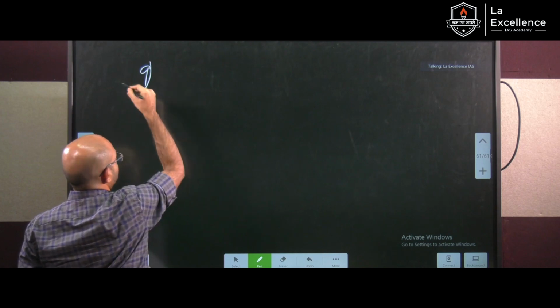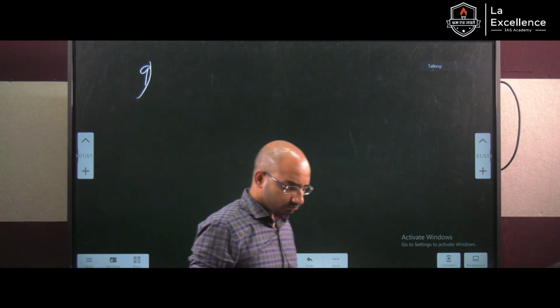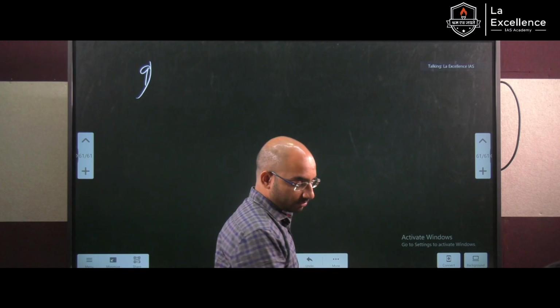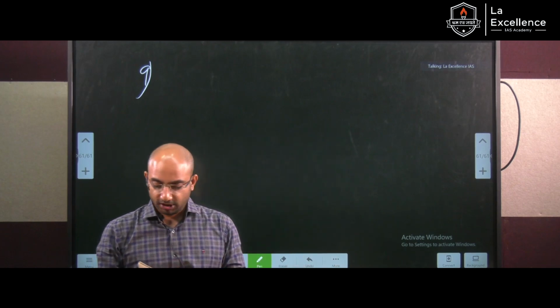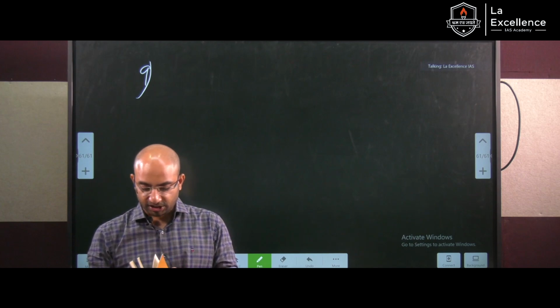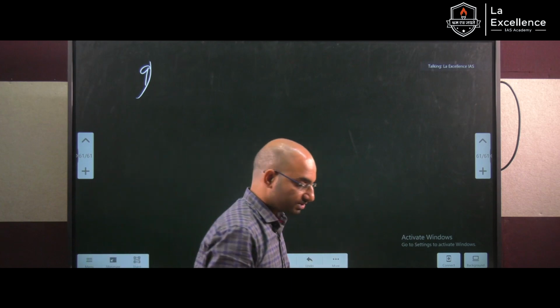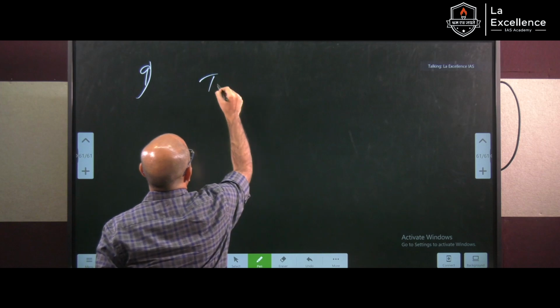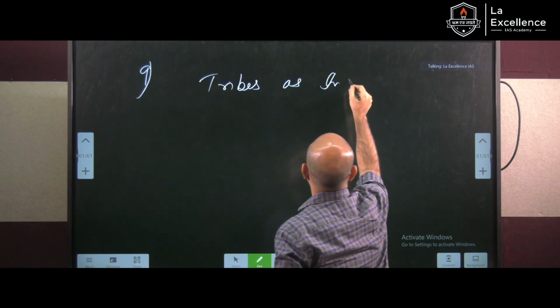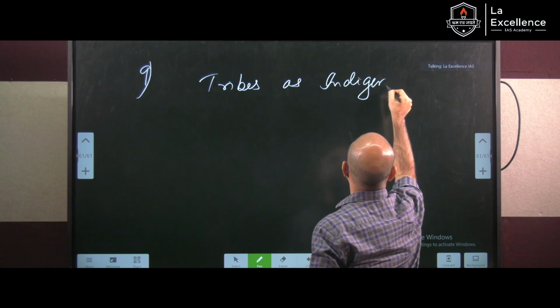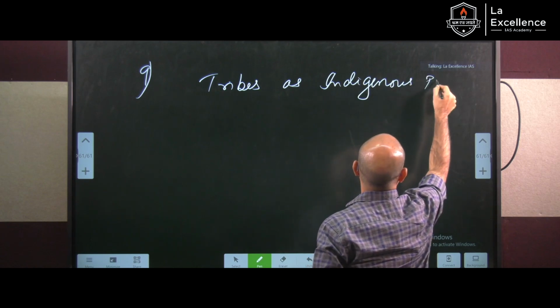The next question is a very tricky question. This issue comes from a book, State, Society and Tribes. In this book, there is an article, a research article called Tribes as Indigenous People. Virginius Xaxa wrote a famous article called Tribes as Indigenous People